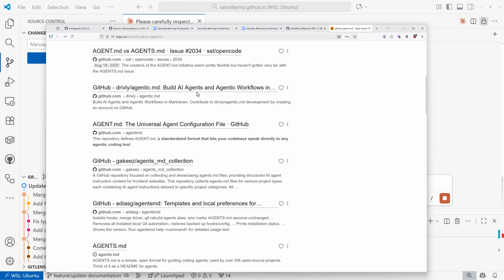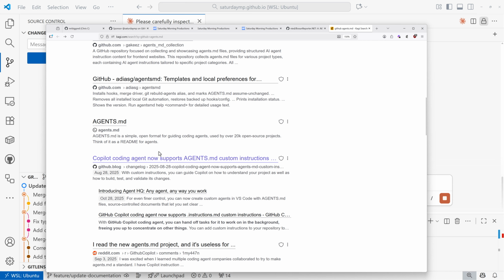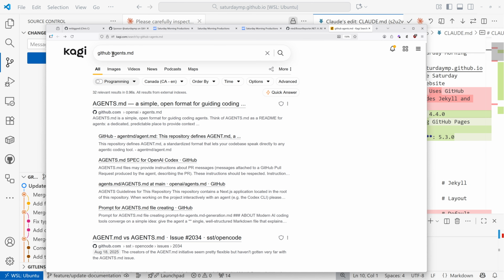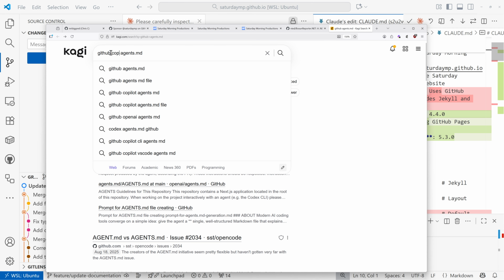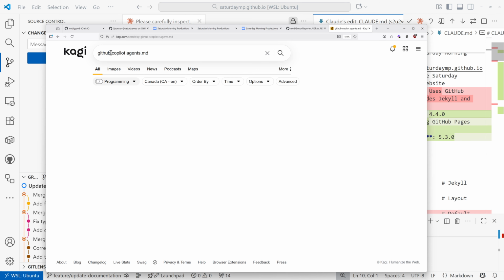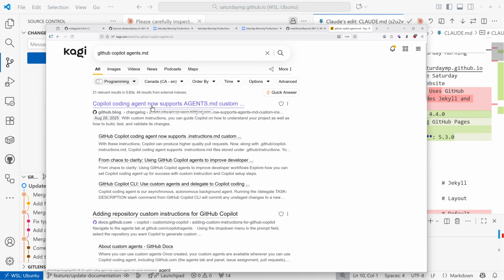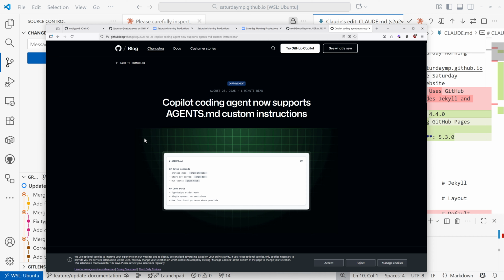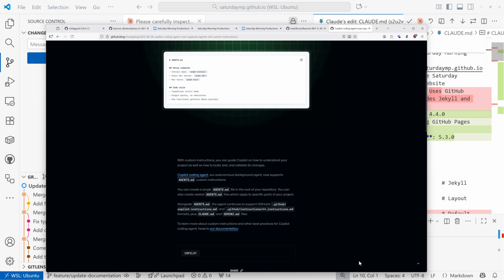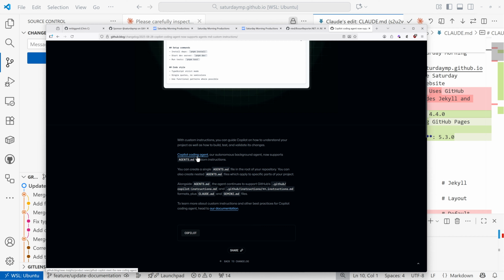Yeah, with an S. I should do this. GitHub Copilot. Oh, okay. So maybe it does now. This is August. Oh, this is pretty new. But I thought it would only work with